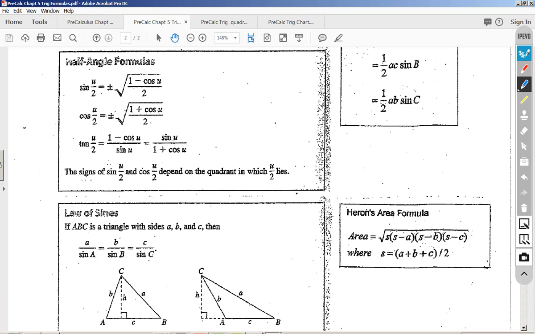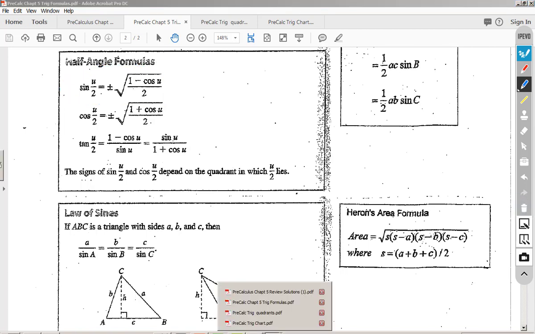So the half angle formula that I want to use is this one right here. I got plus or minus the square root of 1 minus the cosine of u all over 2. So that's what I'm going to use. I'm going to use that half angle formula to find my answer. So if I look at my problem again,